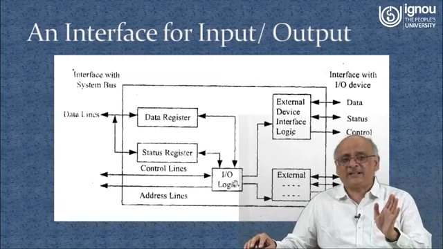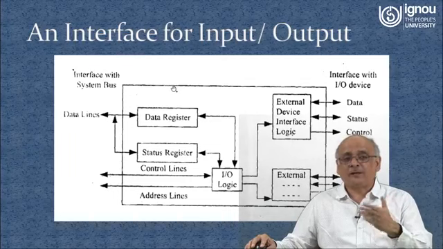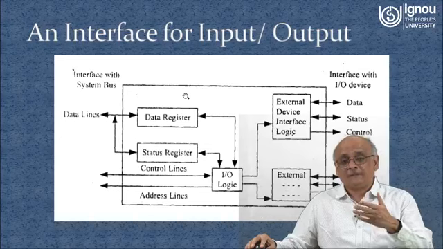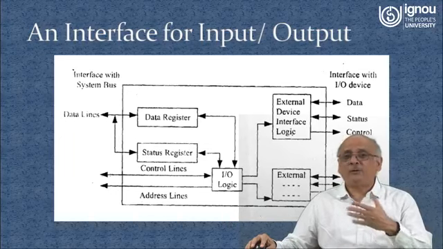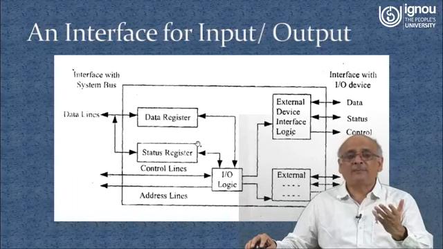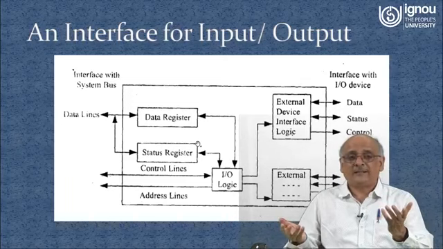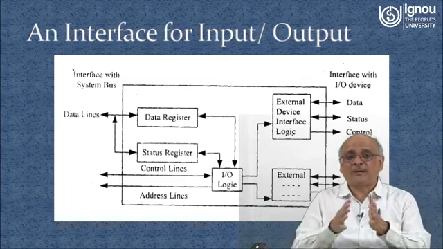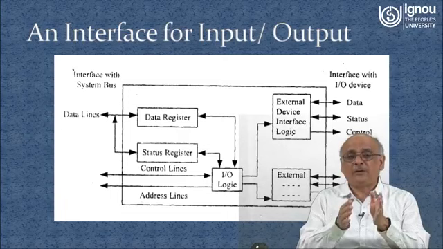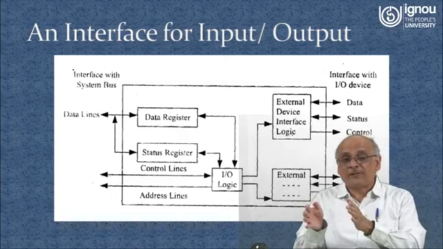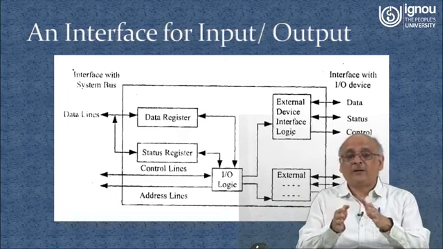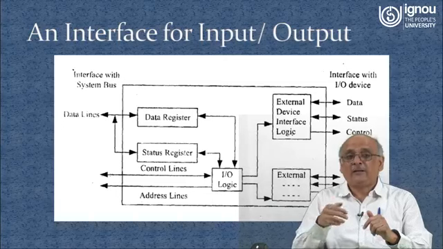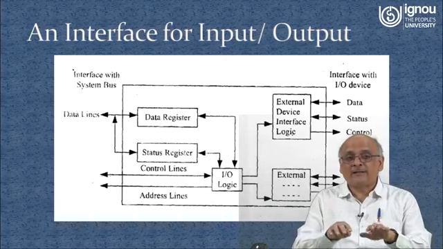As soon as it finishes, the status register is going to indicate to the CPU that the work has been done, and now you can issue another command, or if a program is pending, you go and execute that program. The CPU can do lots of jobs. These days, multi-programming is the basic situation; multiple programs run simultaneously. So the CPU will not wait for your print job to finish, nor will it wait till you input a particular thing from the keyboard.